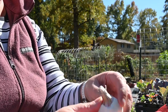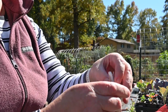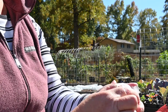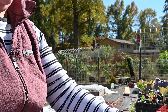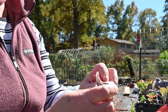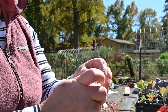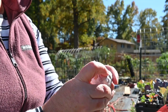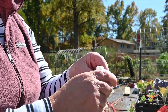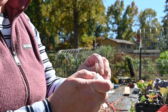So you're going to peel your papers off. You don't have to get them all the way off, you just want to get them off enough to get the cloves out. And if you don't have garlic, you go to your grocery store, to the organic section, and get you an organic bulb of garlic, or your health food store. You don't want to use traditional garlic because they spray it and it's not gonna sprout. That's for grocery stores and stuff, for long-term storage. That's why they tell you the same with potatoes and stuff. That doesn't mean it may not, you may eventually get it to sprout, but